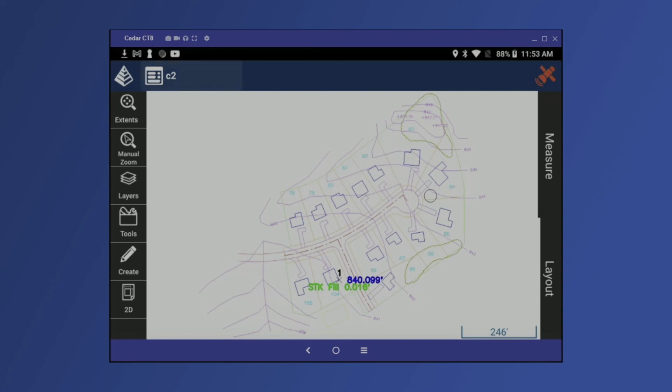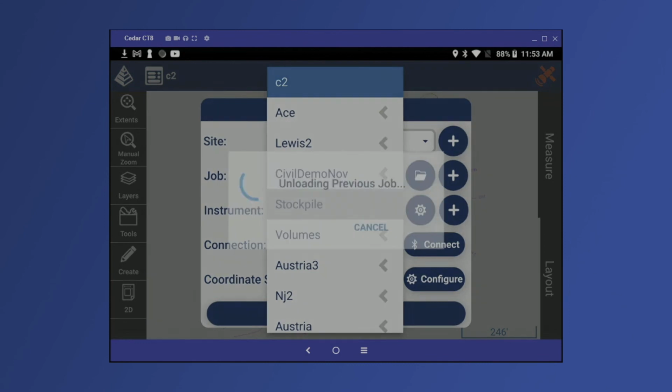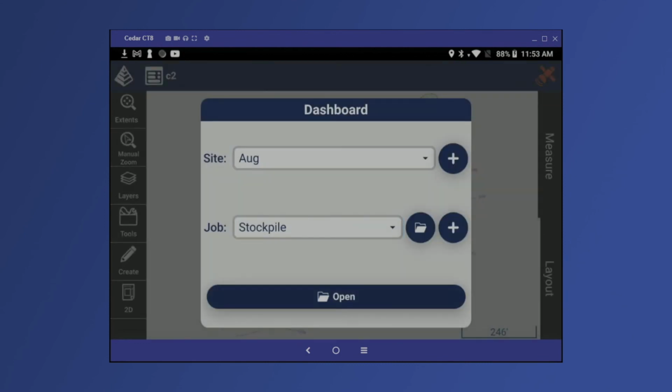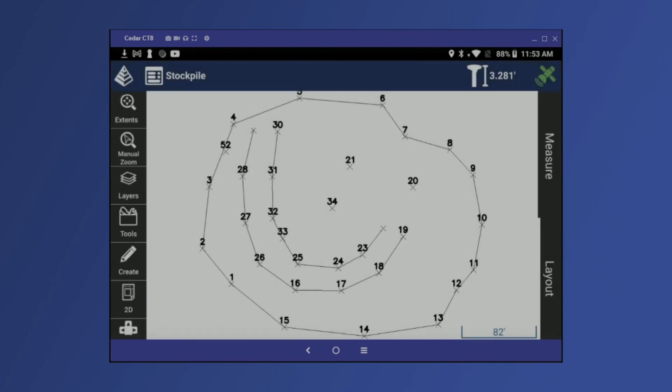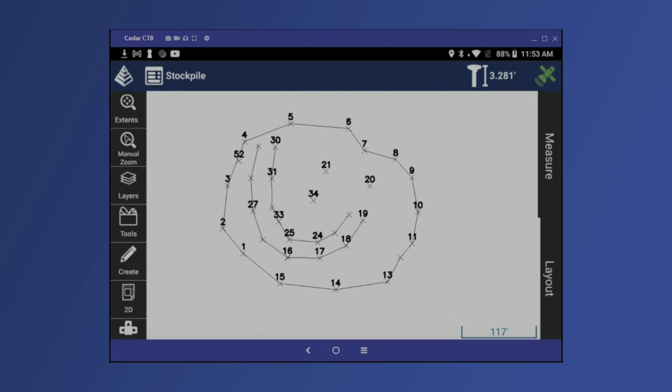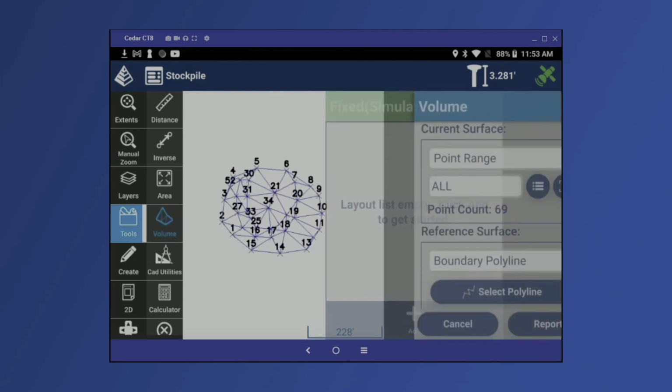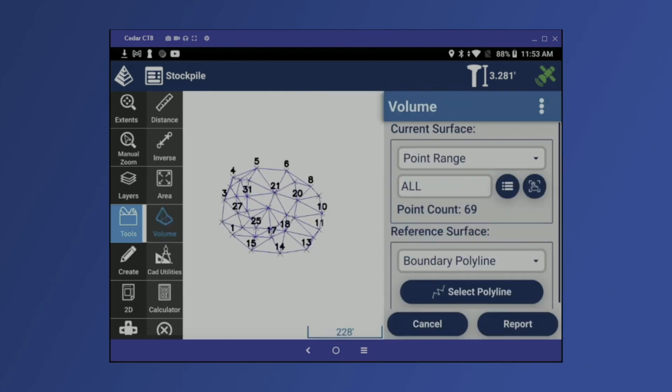Let me switch jobs here. I have a job that is just a stockpile that's been measured, and you can see that it's, let's go ahead and connect. We can see that this job is just a bunch of stockpile points along with a boundary, and there's a little road going up to the top of the stockpile. So I'm going to go to Tools, Volume, which is a new button in 1.06,